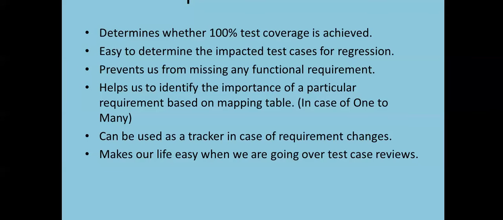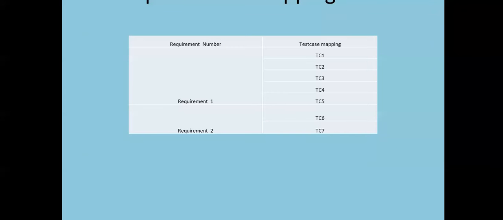So in the above slide, for example, requirement 1 has got 5 test cases, and later at some point of time you have got an enhancement to requirement 1. Then you don't have to start from scratch thinking of what scenarios you have to cover. You can directly check your requirement 1 and perform a regression testing of all 5 test cases if they are impacted. So this way helps us to understand the impacted modules, impacted test cases very easily.